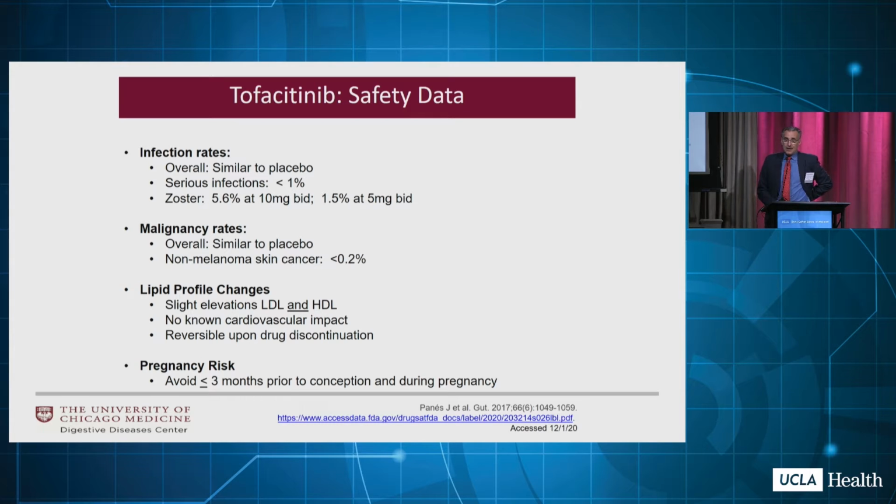The safety data is excellent. It's similar to placebo for infections, serious infections less than 1%. However, we found out that the patients get zoster, right? 5.6% at the higher dose. Luckily, as this drug was coming to market, the recombinant zoster vaccine, brand name Shingrix, became available. We weren't allowed to use the live attenuated Zostavax vaccine, so please vaccinate all your patients with